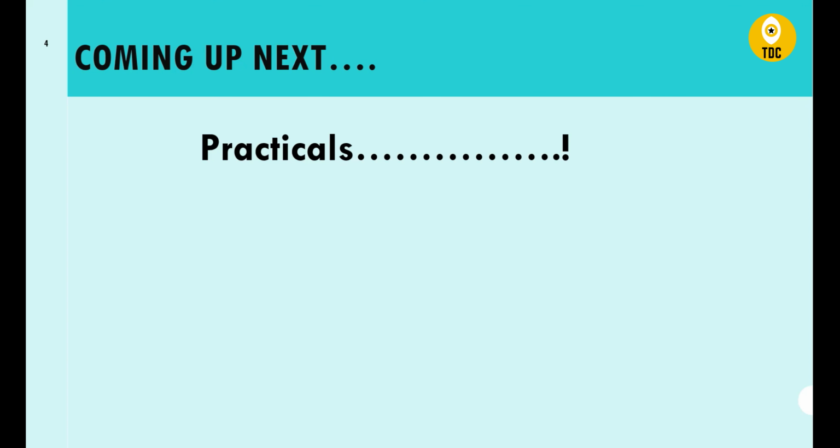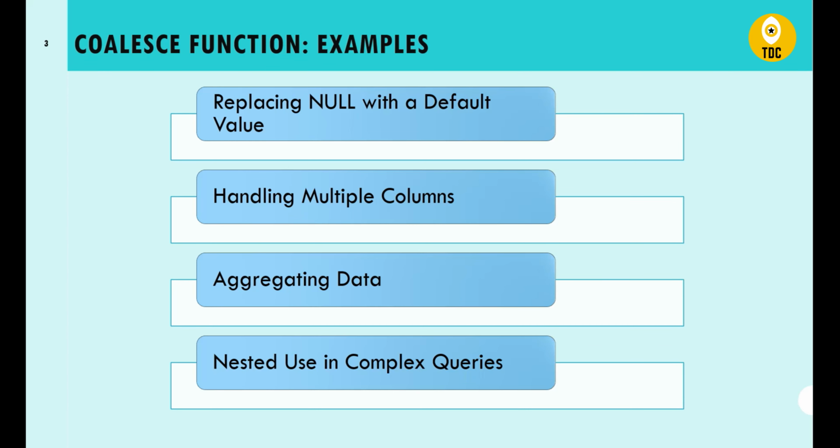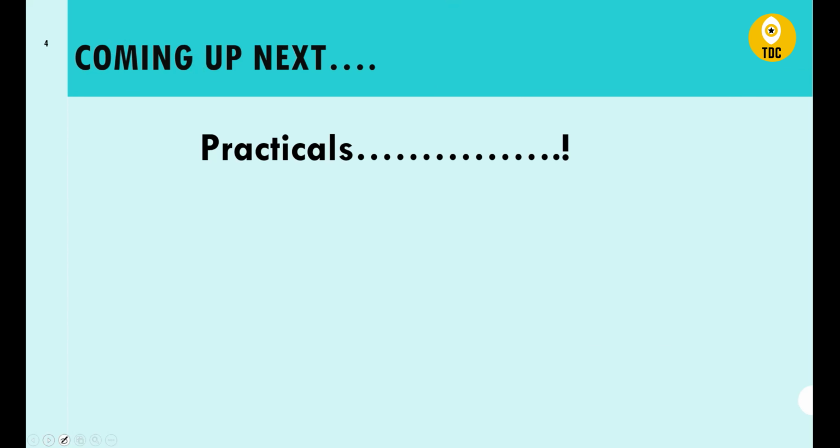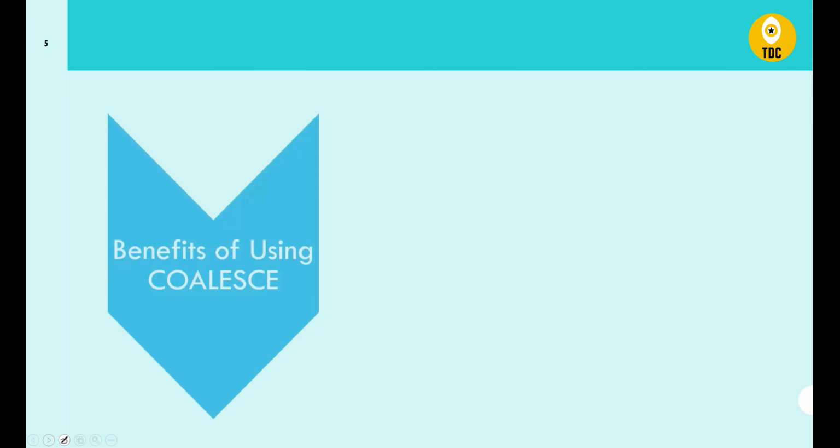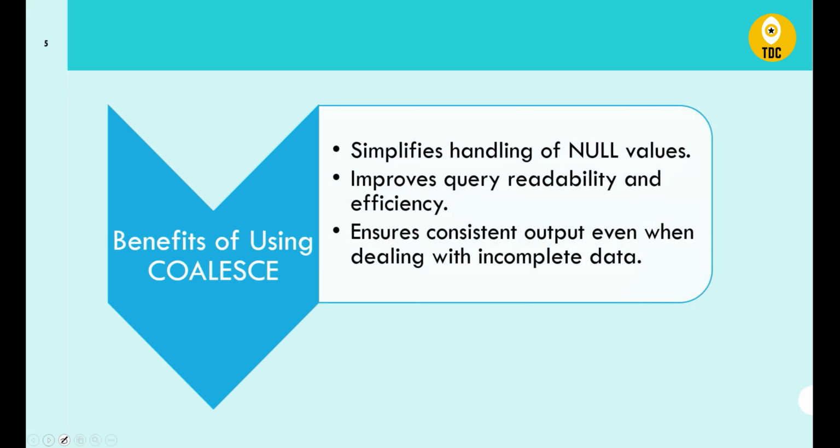And so that's the different use cases that we have just seen, with some practicals, right? And summarizing it, what are the benefits, right? So the benefit is simplifying handling the null values, improving the query readability and efficiency. So first is simplifying the handling of nulls, because if you talk about reporting, Power BI dashboard, anything that goes to the leadership, that simplifies the handling of the null values, and also for a person who is reading the queries and also reading the reports, that looks more efficient,